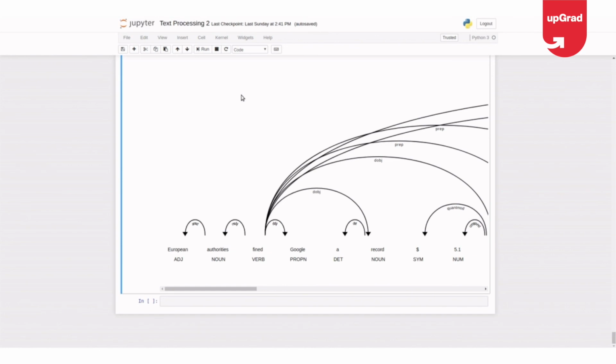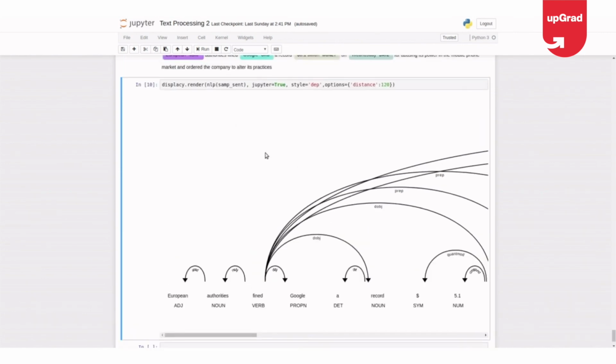You can build your custom NERs too, with respect to your own domain, with respect to your own data sets. Custom parsers can be built, and it's a popular use case. NER is a very popular use case in real time in many companies. Every text-based dealing company has to use NER in one way or another. So keep it in mind, guys, and go ahead with good use cases with respect to NER.